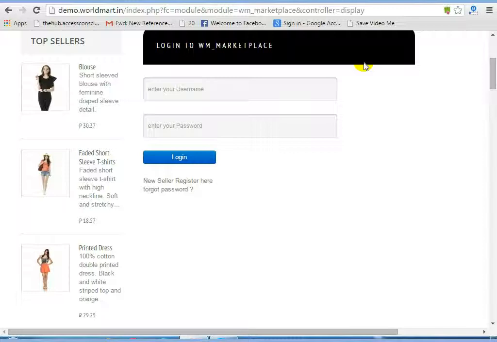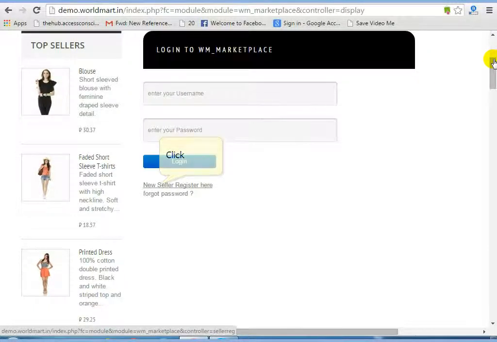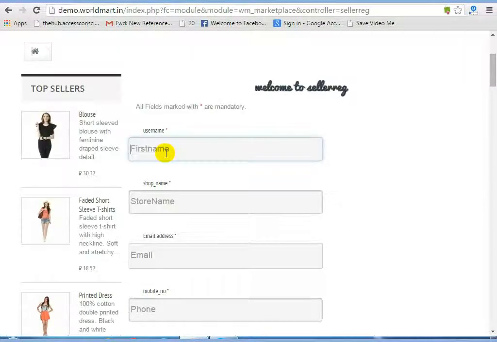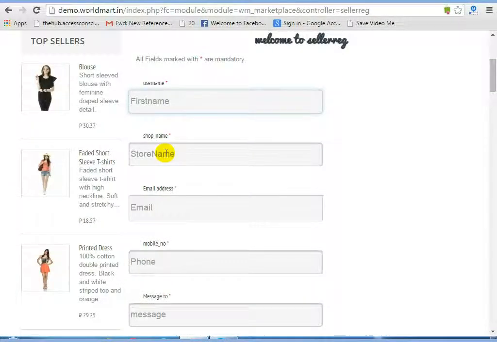Customers can register as sellers using this link. So all they have to do is come to this page after clicking on the right hand side top corner link, and then register as a seller. So then they'll have to enter their first name, their shop name. They'll have to enter the email address, their phone number, and